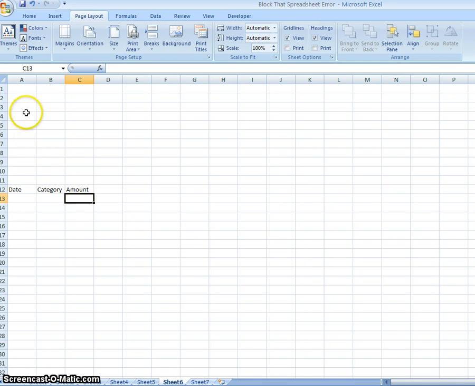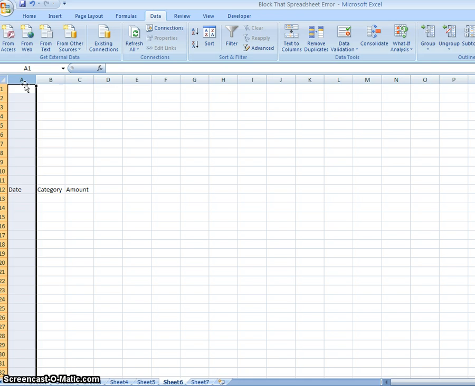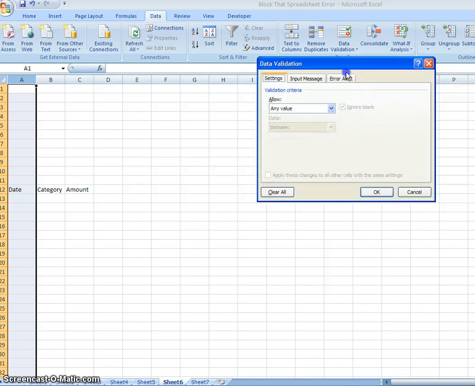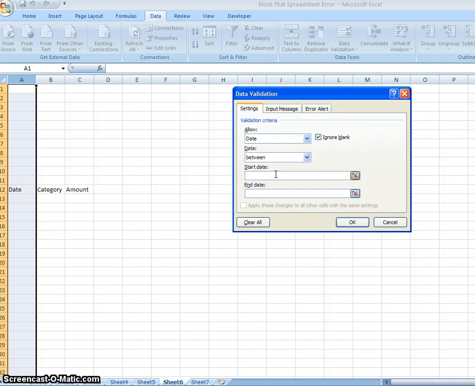Okay, first, you can prevent errors by going to Data, and then you click on Data Validation in the middle part. Before you do that, you click on the whole column and then go to Data Validation. You can see that you can allow any value. We want date, I want date between